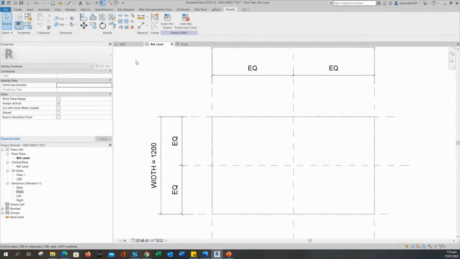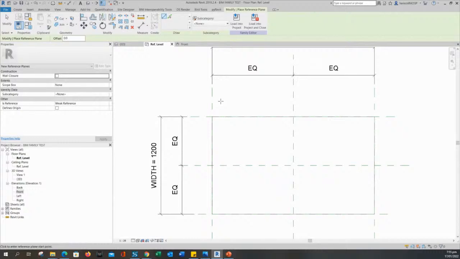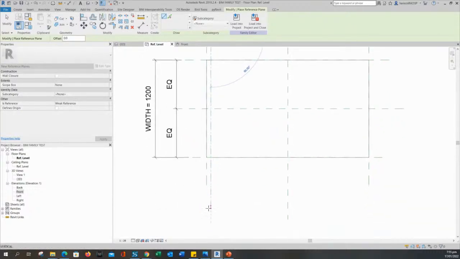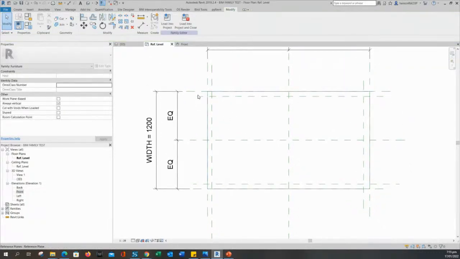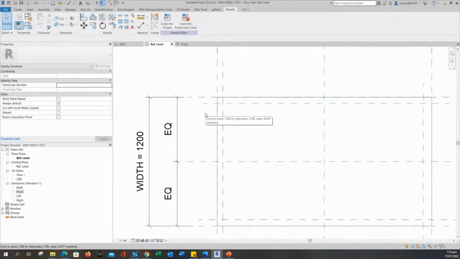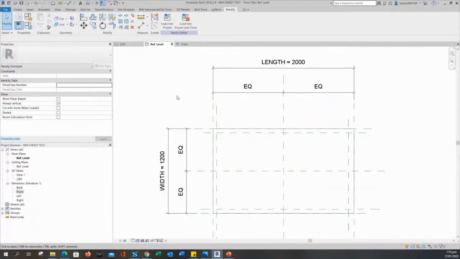So, for example, let us create another reference plane here on the side. So this will be the offset of those legs of the table. So from here, let's say maybe 12 inches offset,